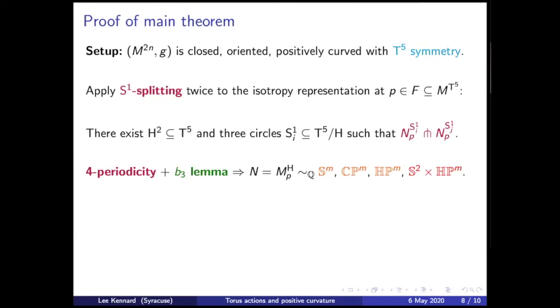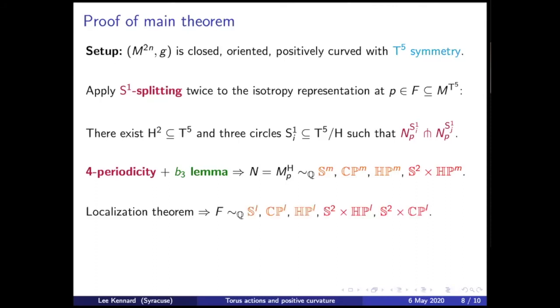It takes actually a little bit of work, but we proved that this is enough to plug into the connectedness lemma and the periodicity theorems, and also the B3 lemma. And in particular, the odd Betti numbers vanish, and in fact, what periodicity really implies is this, that this fixed point component of H, this two-dimensional subgroup, is just one of these four manifolds. This notation is very concise, and so I love it, but what it means is the rational cohomology ring agrees with these spaces. This is a space that shows up, which somehow shouldn't, so I put it in red, but it's okay.